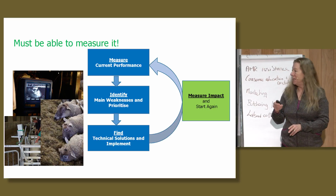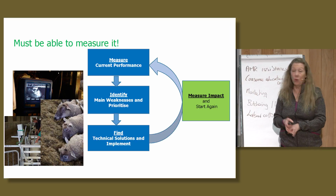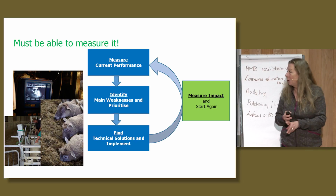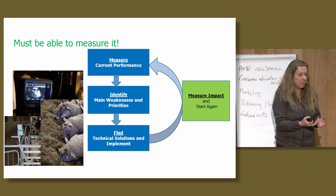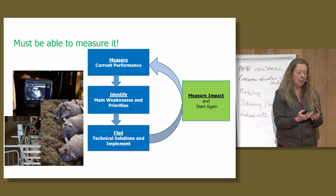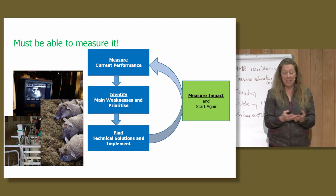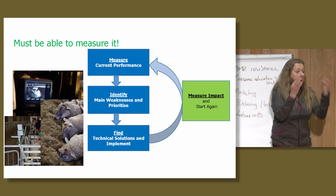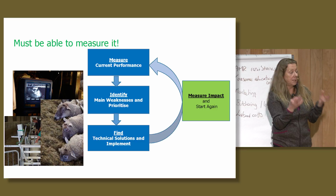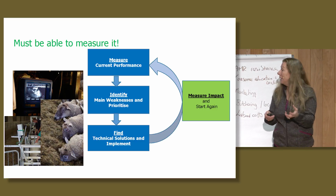Find a solution and implement it. So again, it might be using the EID more. It's a slightly less high-tech setup, but using that more to record and use the information. We've got so many people now with so much information that they've recorded EID-wise, and they're not doing anything with it. They're just not doing anything with it. Or it might be feeding, it might be forage, it might be anything that you think is something to identify, but measure what you're doing now,